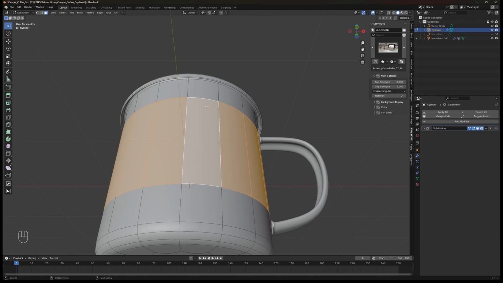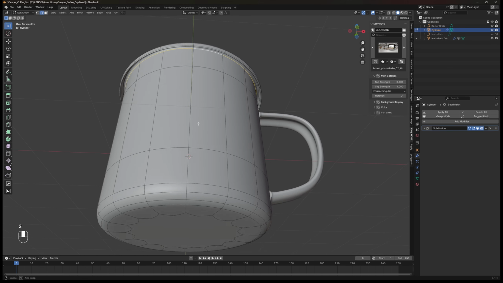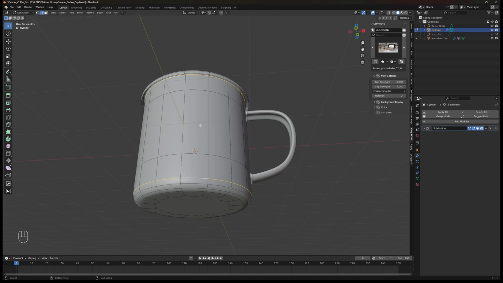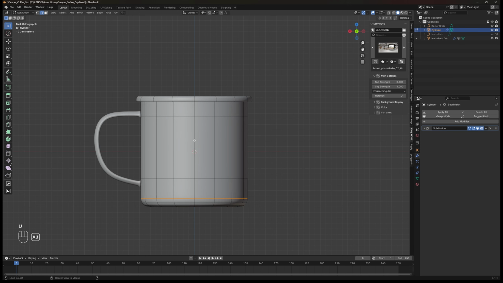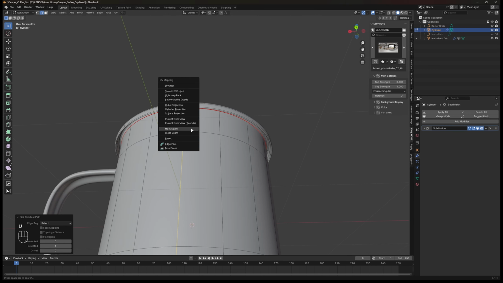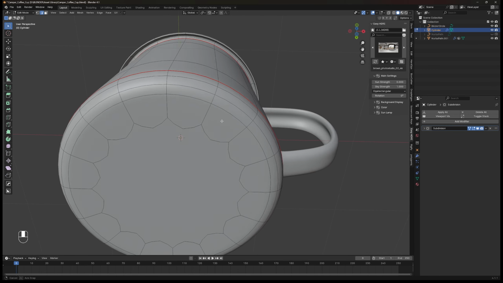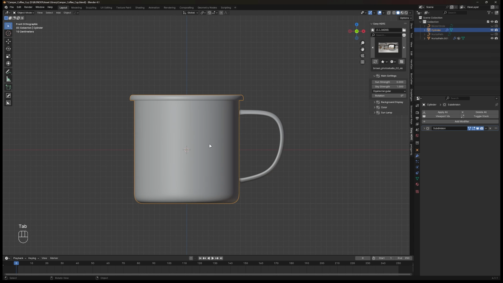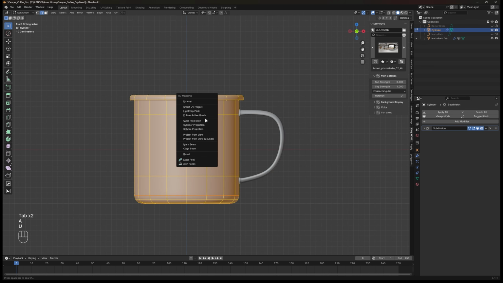For UV unwrapping, go to edit mode and select the top loop edge here and also the bottom too. Then hit U and mark seam. Move to back view and select the edge vertically from the two edge loops and mark seam too. Lastly, mark seam the bottom edge loop too in case you have a bottom design like me. After done with that, select all by pressing A, then press U and select unwrap.